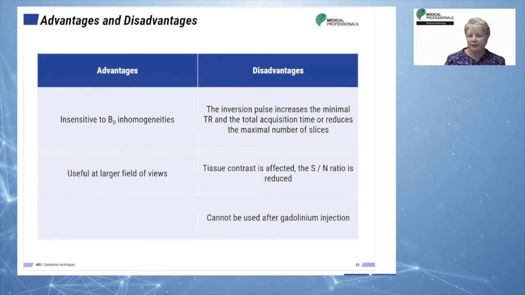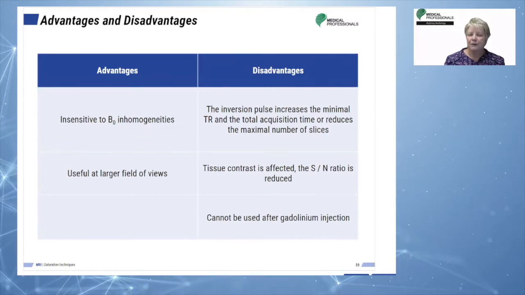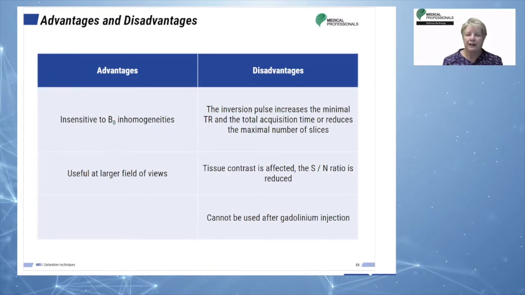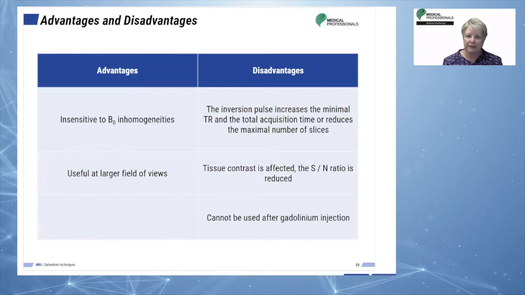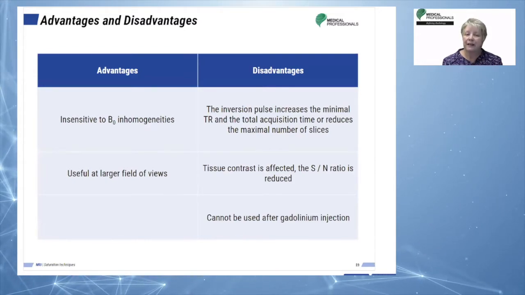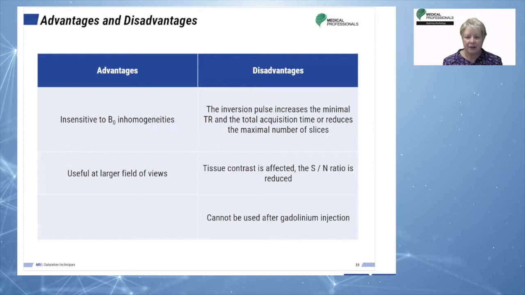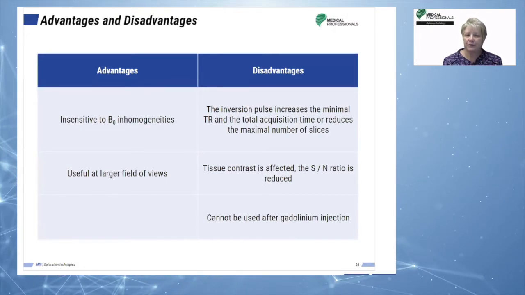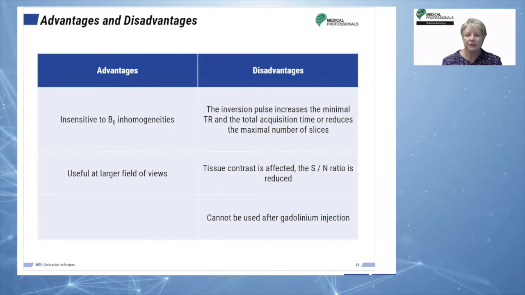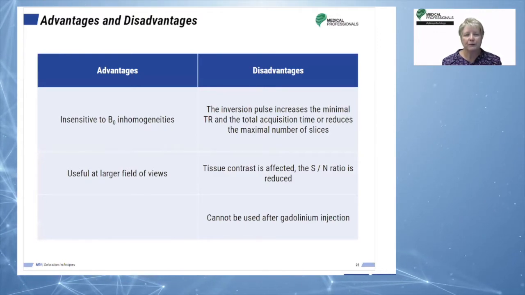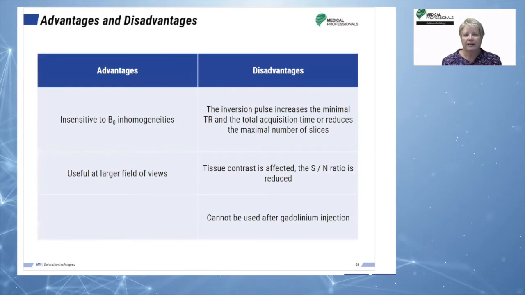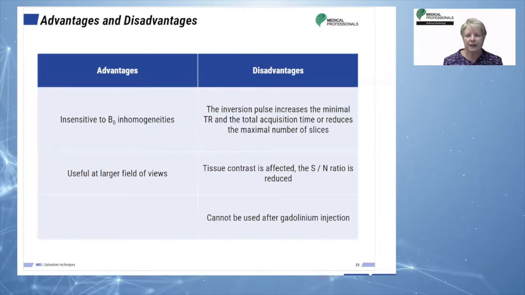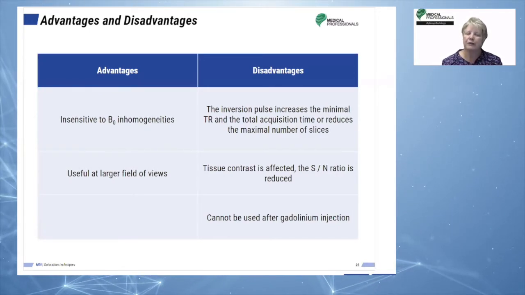One of the primary advantages of our IR techniques for fat suppression is that it is insensitive to B0 inhomogeneities. Okay, so giving a signal that is dependable and accurate. It's also useful at larger fields of view, so up to 500 millimeters or 50 centimeters. So it's great for abdominal imaging, cardiac imaging when we're looking at the entire chest, those types of pelvic imaging, anything where you're using a large